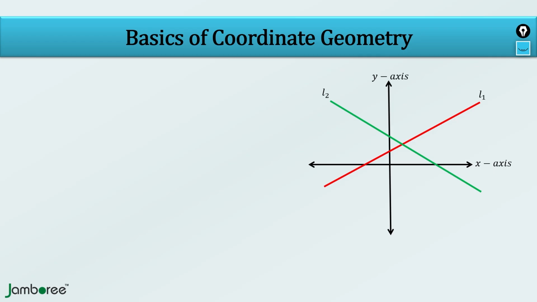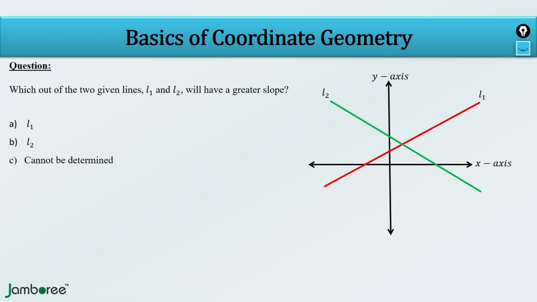On your screen, you can see two lines, L1 and L2, accompanied by a question: which out of the two given lines, L1 and L2, will have a greater slope? Options are A, L1; B, L2; or C, cannot be determined. At times, we may feel that as no points are given on the lines, the relationship between the slopes cannot